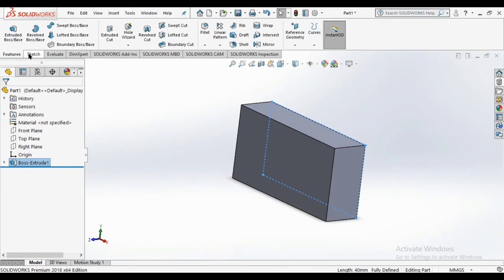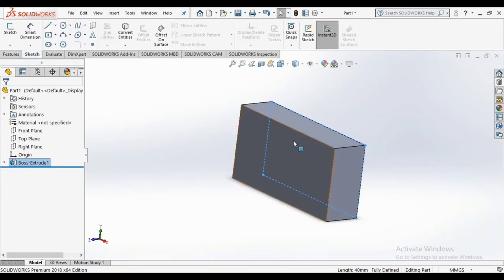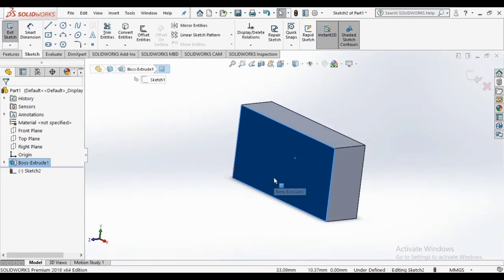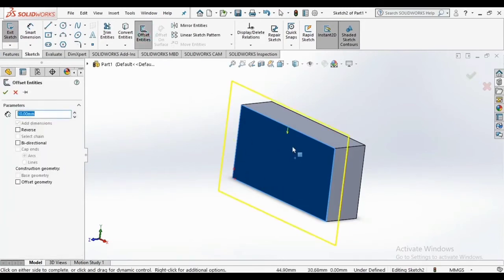So let me show you something. If I click on sketch and click on offset entities, if this is the rectangle, another rectangle will automatically form by giving any distance, let me say 3 millimeter. Click OK.